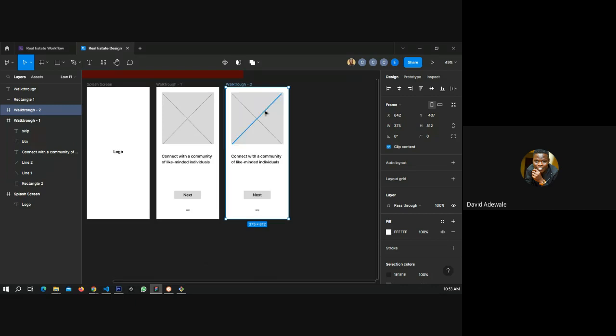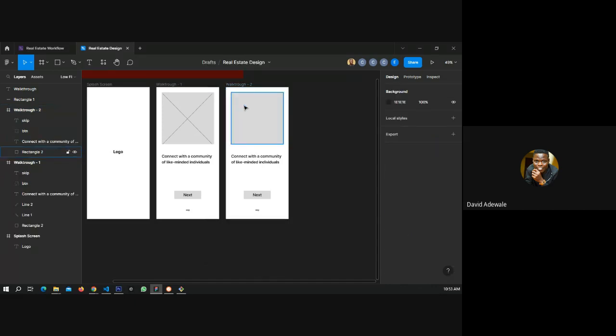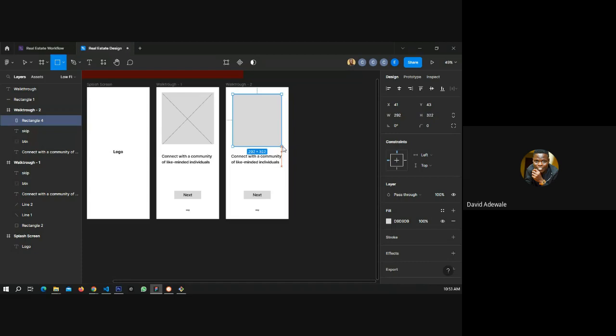For the sake of the question this lady asked, I'm going to remove this and then create another shape. Yes, create another shape. I want to make sure that the shape, though I'm supposed to just leave it, but I want to make sure the shape is exactly like this. So it's taking 312 by 319. So 312 by 319. Yeah.